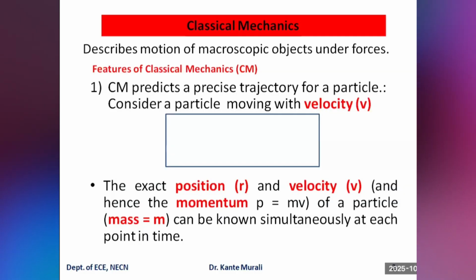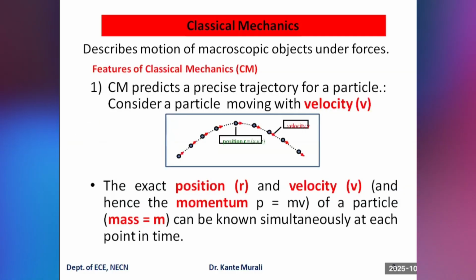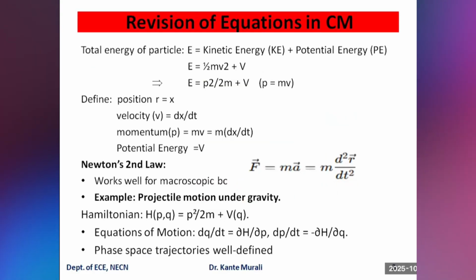In classical mechanics, both position and momentum of an object can be measured exactly at the same time. For example, we can track the position and velocity of a car using GPS and radar. That means no uncertainty at all. The equations for energy, which is the sum of kinetic energy and potential energy, are deterministic. That means for a given initial state, you can compute the future state very precisely, for example, projectile motion under gravity.